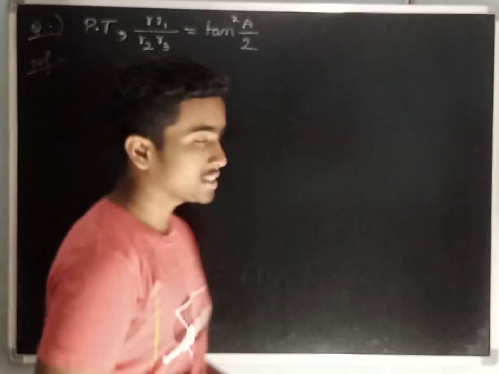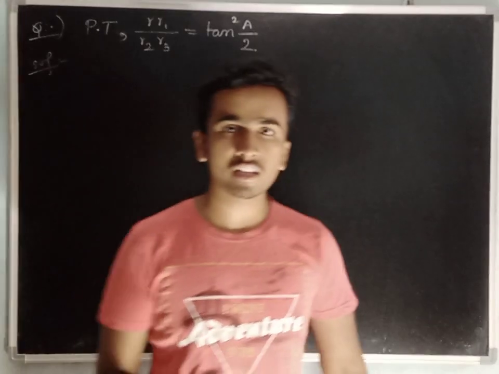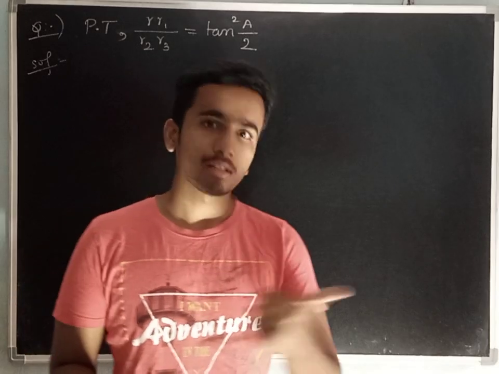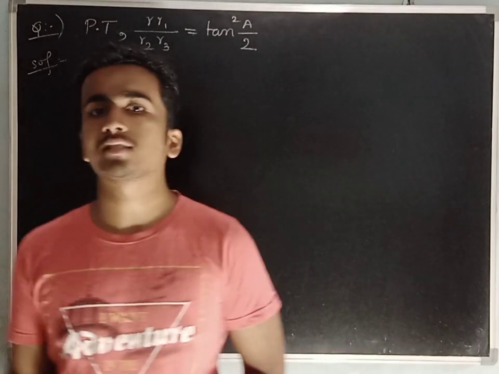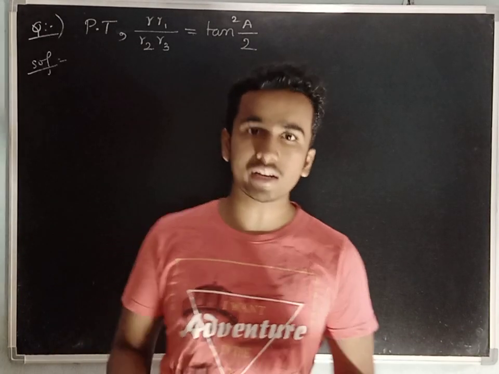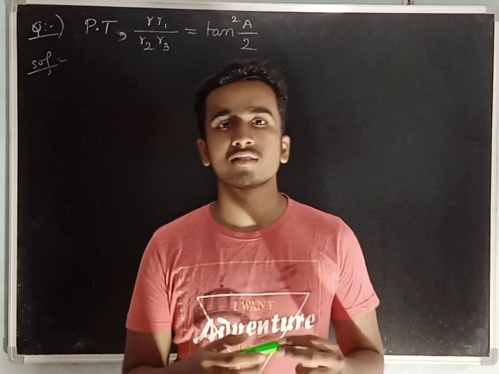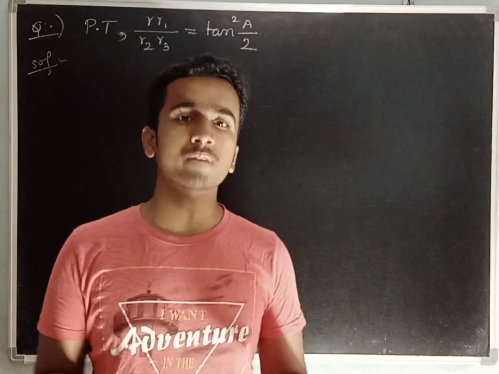In the previous video we discussed another question regarding finding the parameters of the circumcircle, incircle and excircles: capital R, small r, R1, R2 and R3. Regarding that model I discussed two questions. If you want to see it, you need to check my previous video.